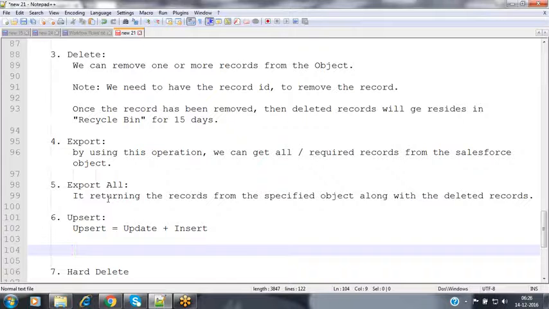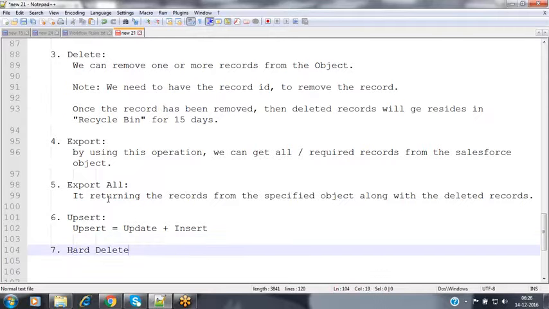If you perform both operations in a single shot, then the records for which you have supplied the ID will get updated. And the records for which you did not supply the ID inside that CSV file will get inserted automatically. So we can perform both operations in a single shot.